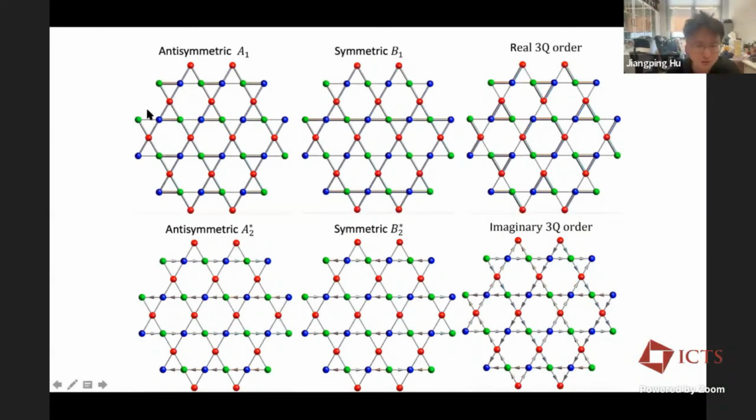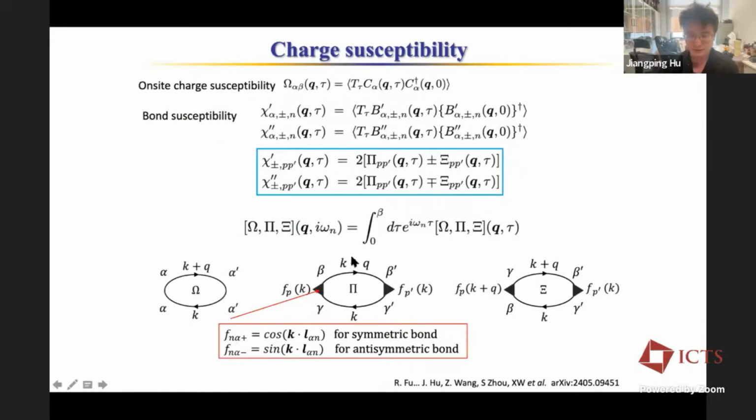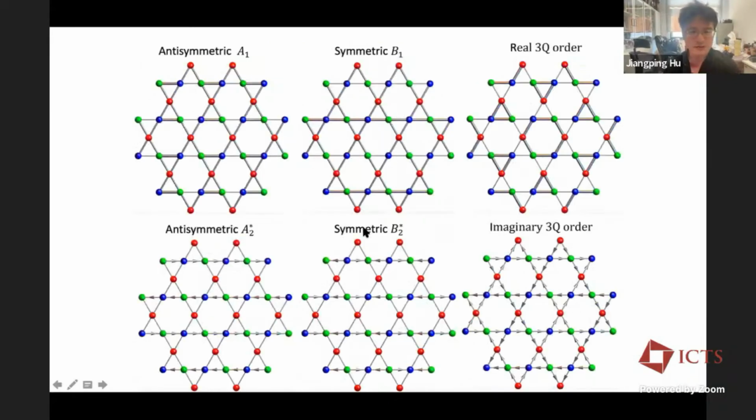In particular, you have charge order and bond order, and they will correspond to another if you become antisymmetric, they just become the current orders, especially this 3Q order, this star charge density wave, which is related to this 3Q imaginary order, which is the loop current order we drew, as opposed to the early days. So that's